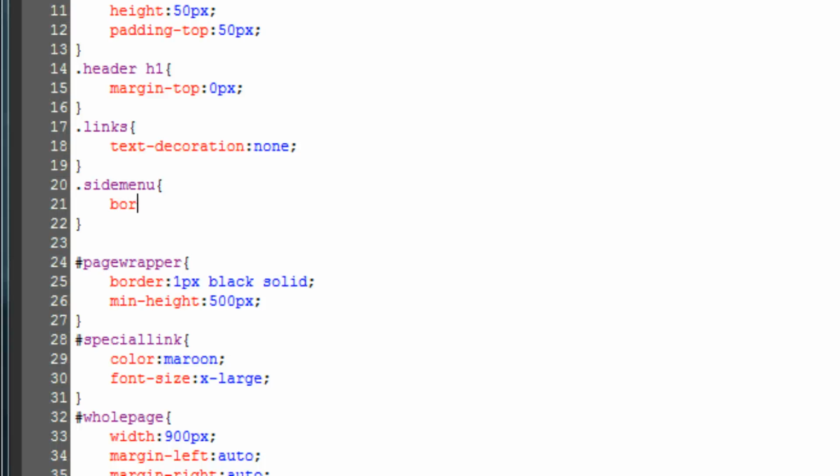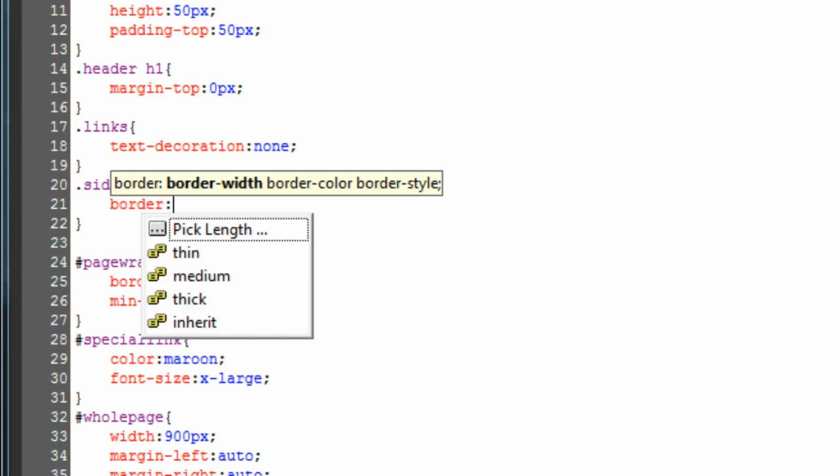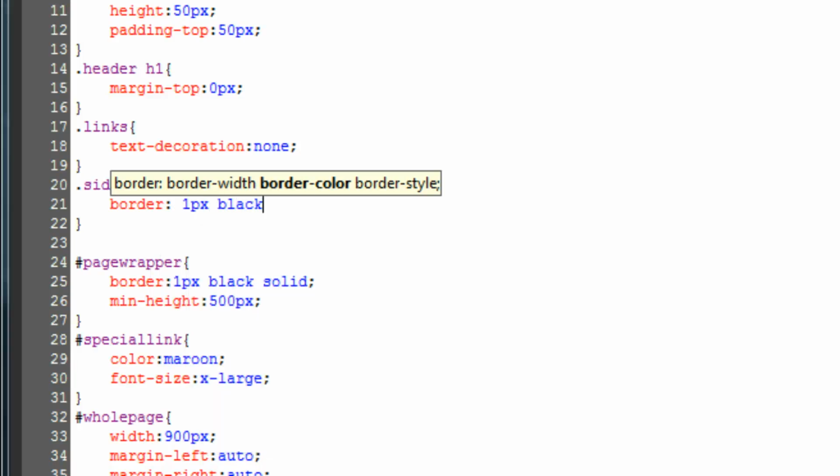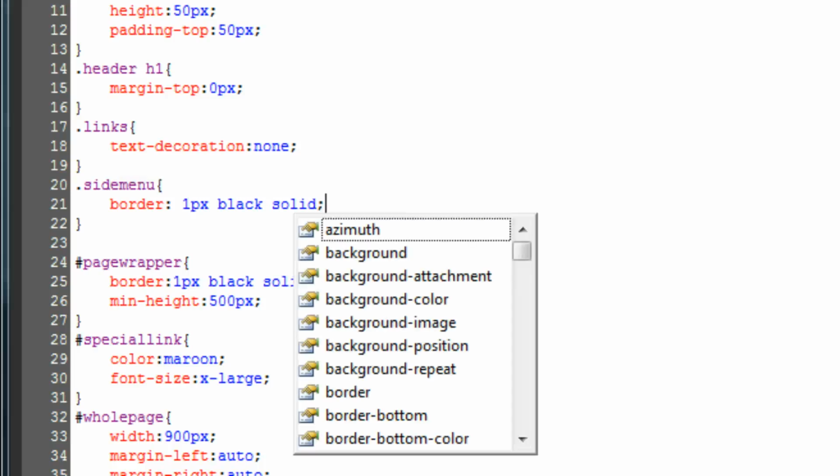First, we'll put a border around our side menu. This will let us see what the changes we're making look like. Let's toss in a 1 pixel solid black border. Type border: 1px black solid;